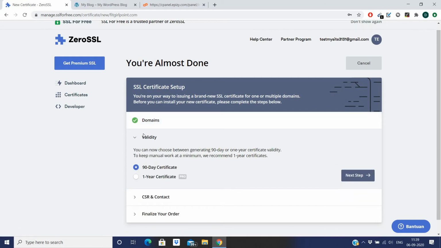After that you will come to this validity part, where you can see there are basically two options, a 90-day certificate and a 1 year certificate. This means that after 90 days you will have to renew this certificate again, but this renewal won't cost you any money. You will have to just put in a little manual effort, that's all. With the 1 year certificate, you will have to renew after 1 year, but this option, as you can see, is a pro option. So we will stick to the 90-day certificate plan and hit next step,